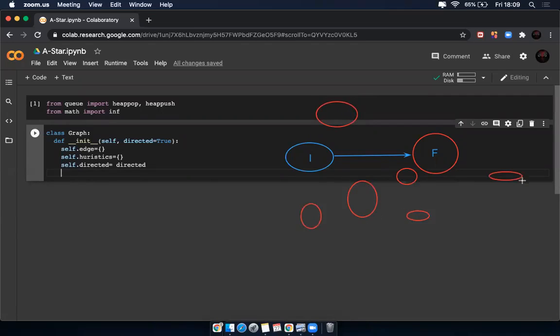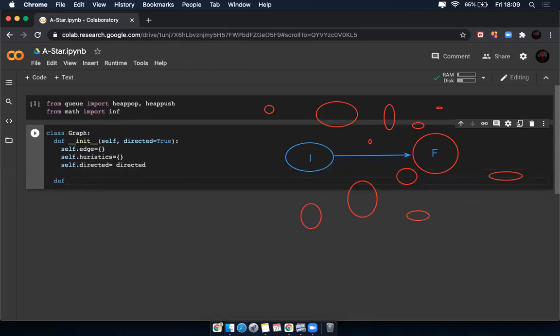If these are part of the graph, I'm going to find this one as well. So for that part, I'm going to define another function in which I'm going to say add_edge, and again I'm going to say self, node 1, and node 2, and the cost of every node, which is actually 1 because every node belongs to one cost, and